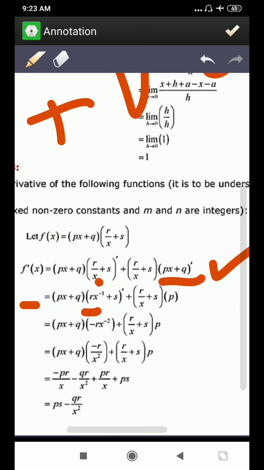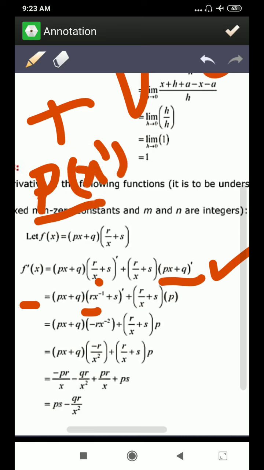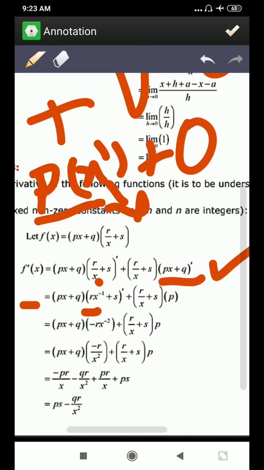We will differentiate px plus q. How will you differentiate px plus q? p as it is, derivative of x, because a constant quantity we can take outside, and derivative of q, that is a constant, it would be 0. So derivative of x will be 1. We know that differentiation of x is 1, that I have already mentioned many times, you learn it. So its differentiation will be p only. Now r into x raised to power minus 1 we have to differentiate in this.